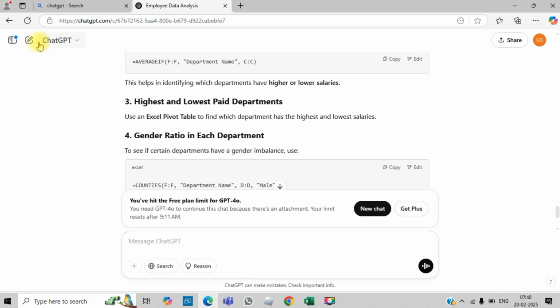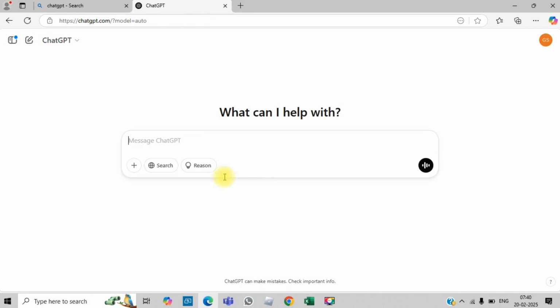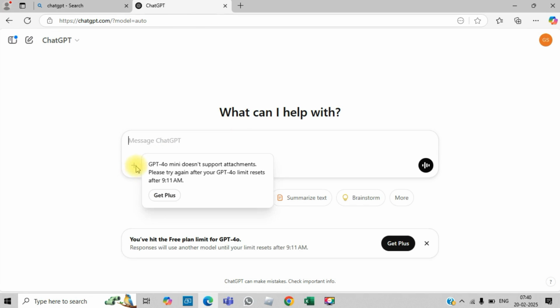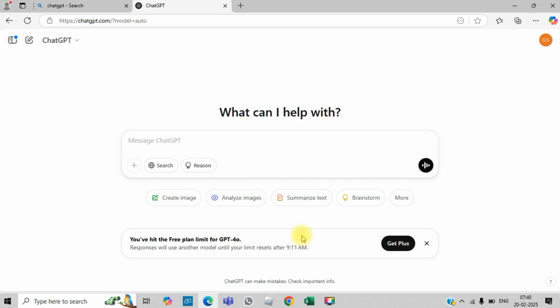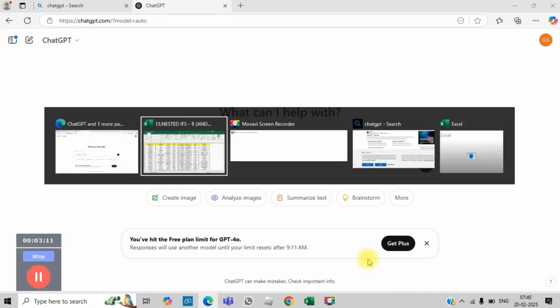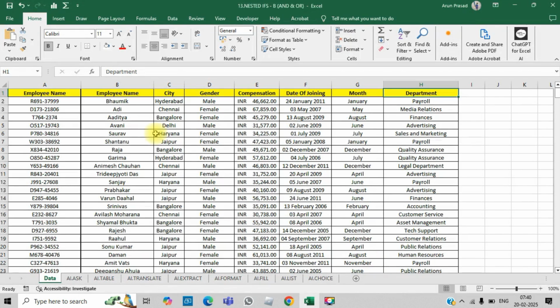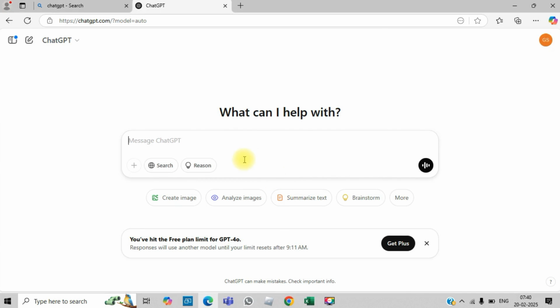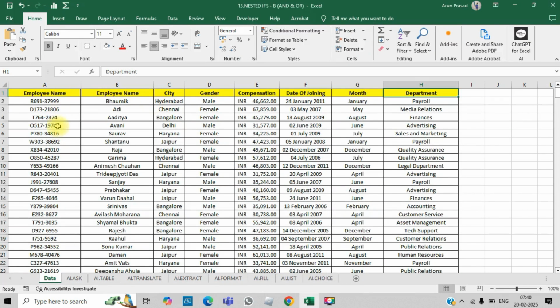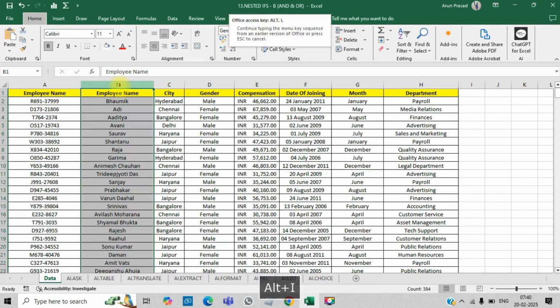Okay, let's begin with a normal chat. Okay, a new chat where this will be disabled. GPT-4, this will not be there. Plus, you cannot. But you can still get some formulas, whatever we have been doing already. We can still get that, right? How? Let me show you. Now, let's say you have not uploaded this Excel sheet here, right? In this case, you have employee name, you have registration number. So if I want to get only the last 5 digits,